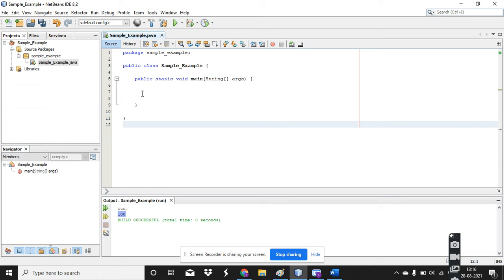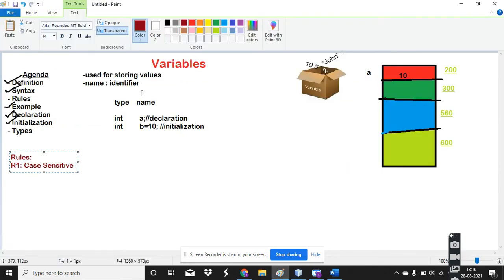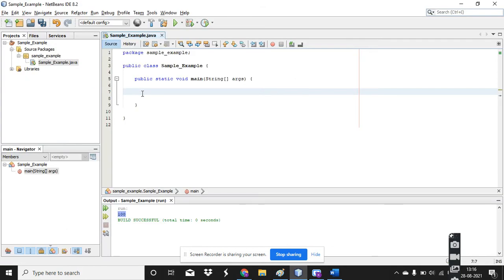So here, first I have to check what we mean by case sensitive, rule number one, using an example. I'm using the data type int, and next I'm going to give the variable name or the identifier as amount. So this is how initially you have to declare a variable.